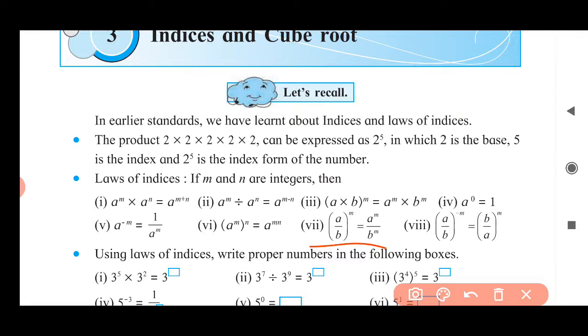And a upon b raised to minus m is equal to b upon a raised to m. Then these are the inverse. a upon b raised to minus m index is b upon a raised to m. Using the law of indices, write the proper number in the following box. Then you can use these rules